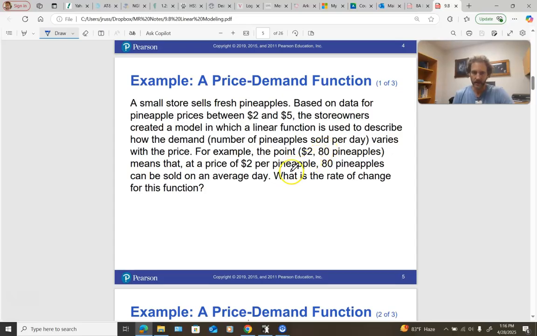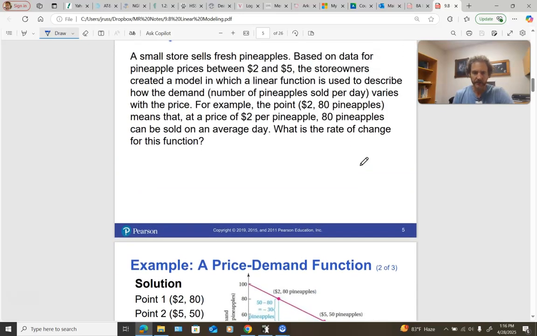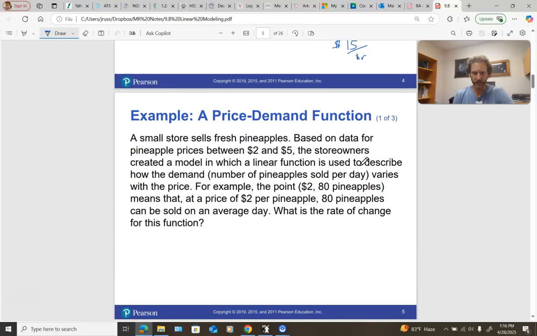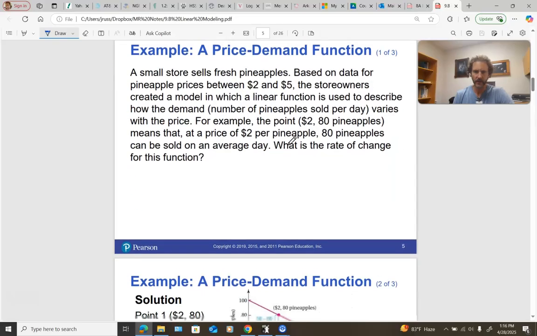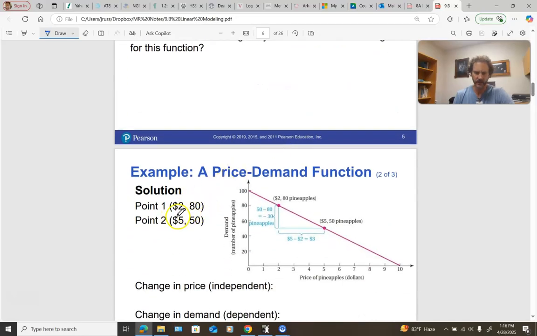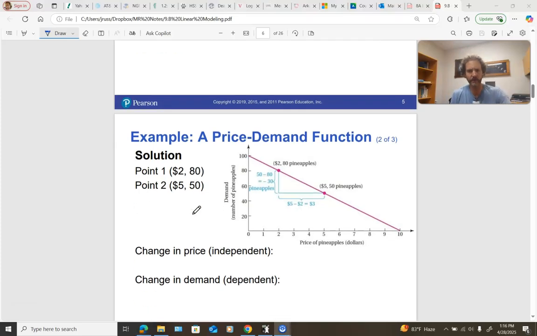And so the question is, what is the rate of change for this function? Well, we actually need a little bit more information. So at $2 we can sell 80. We need to know how many we could sell at $5. And that information is down here, guys. So at $2 we would sell 80 pineapples because they're cheaper. But if we raise the price to $5, we can only expect to sell 50. And what they've done, and I'll zoom in here for you to see,